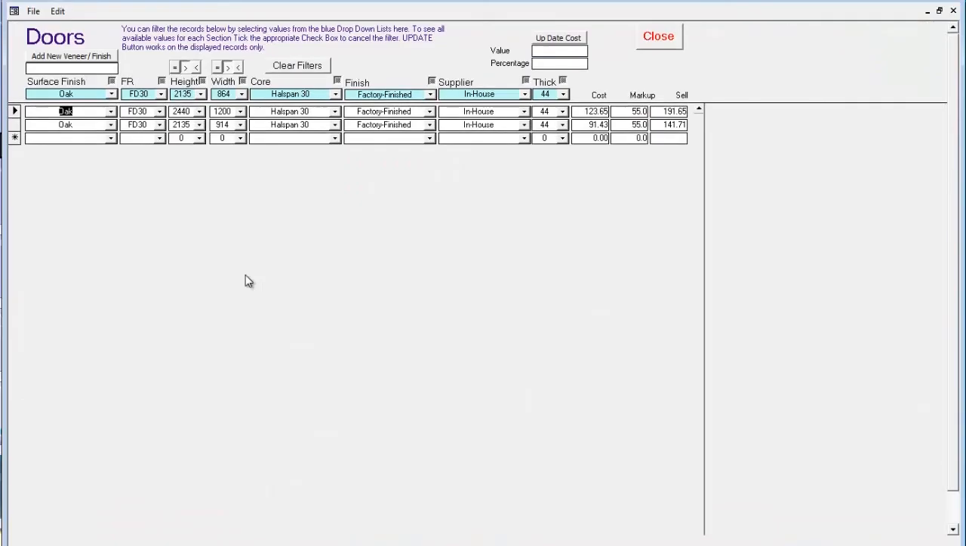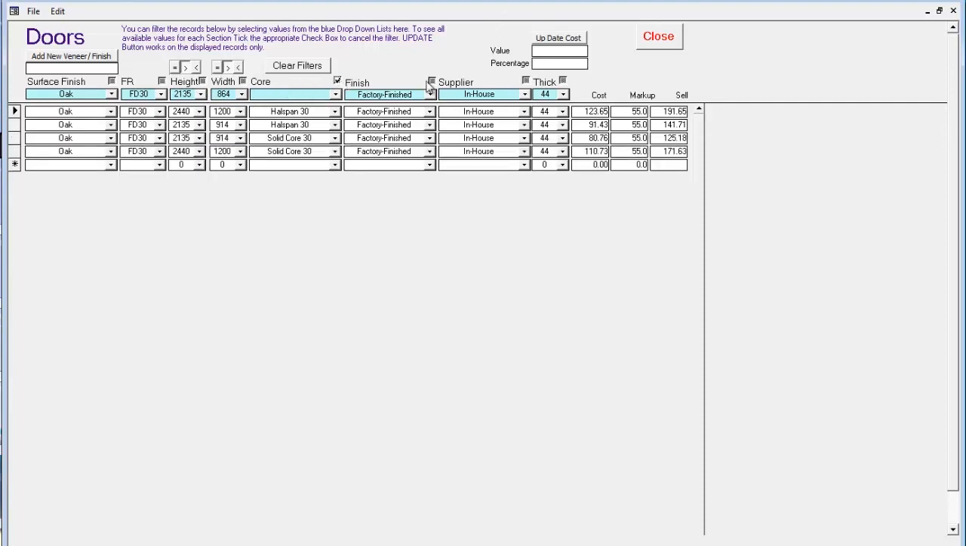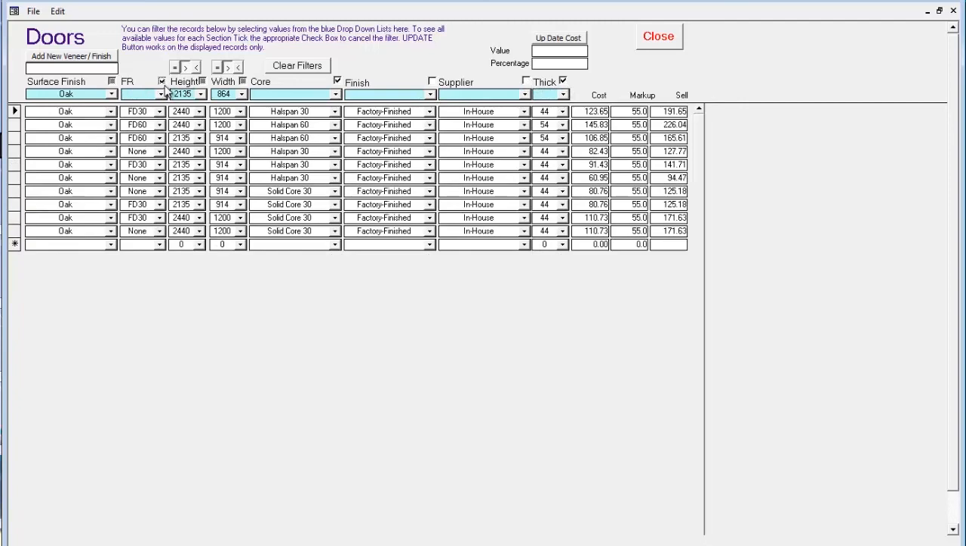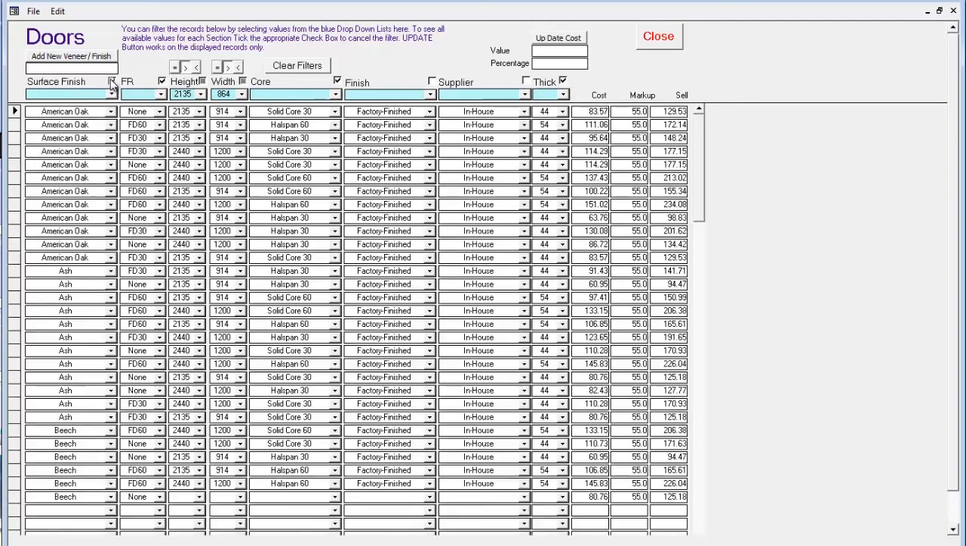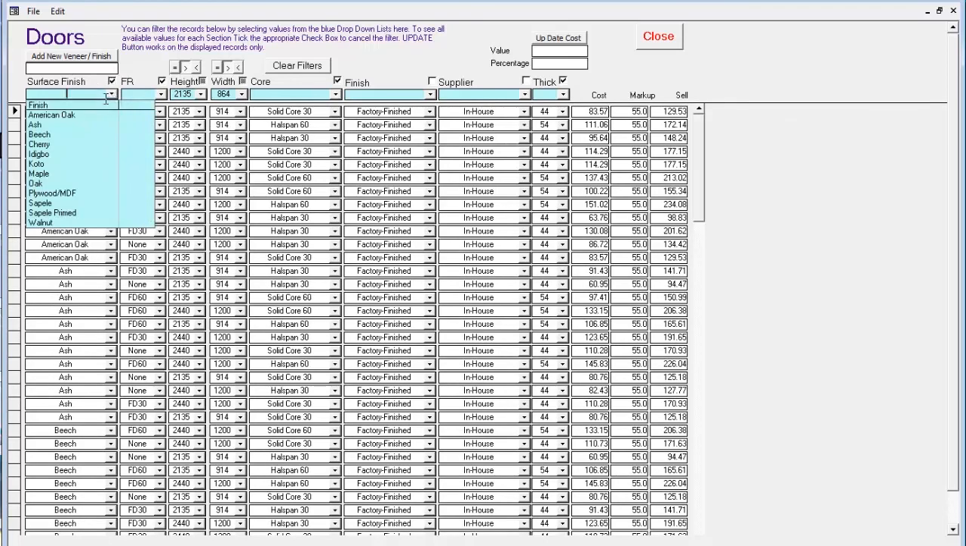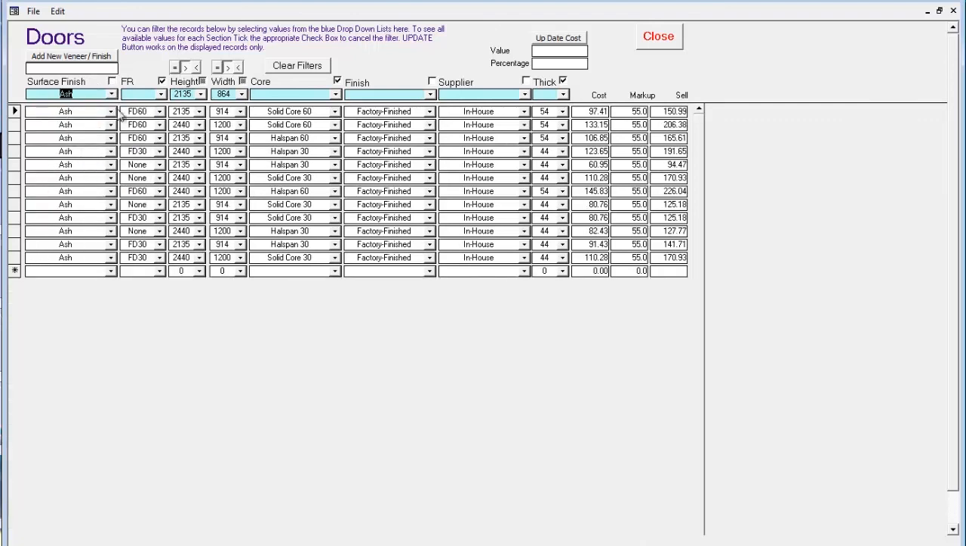Very similar with doors. I'm currently looking at oak doors, FD30. There's a size I'm looking at, anything larger than those two sizes. If I want to see other cores, if I want to see other finishes and other thicknesses, I just continue to tick these boxes and cancel the selection. And again, if I want to add, for example, if I choose an ash door and I want to reproduce that entire list, but I want to produce it as, let's say, Iroko,